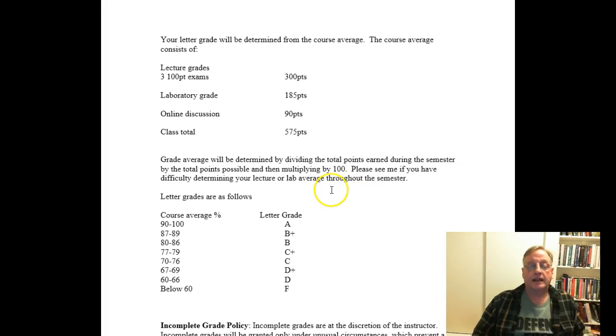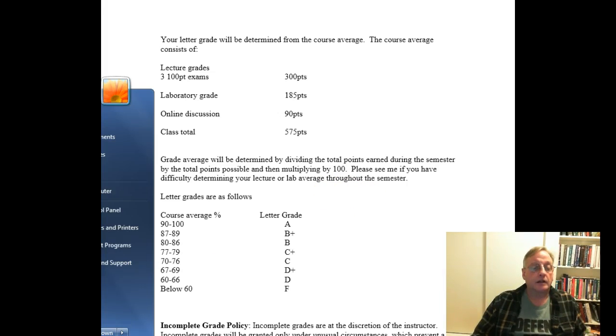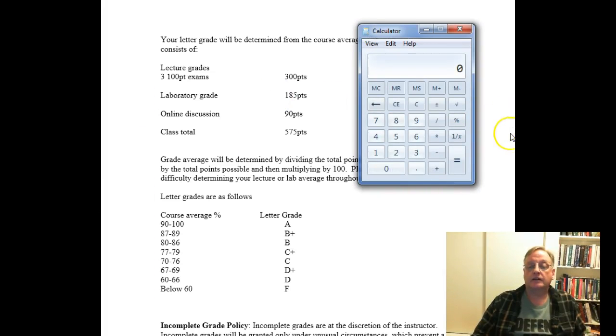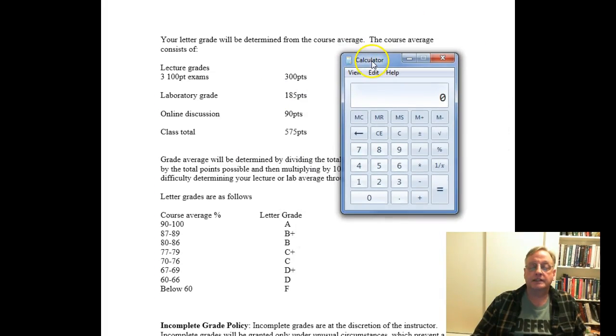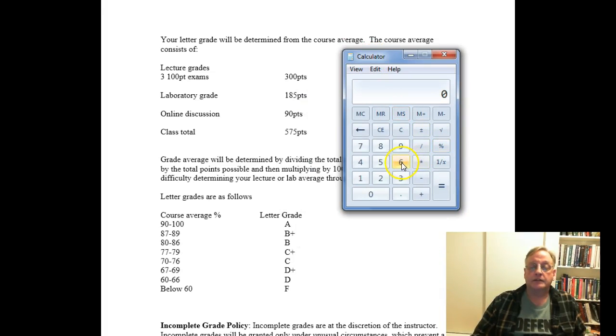To figure out your grade average at any time, you would bring up a calculator. Let's say you took the first exam and did the first set of labs, and out of that you had 120 points total, and then you would divide that by the number of points available, which would be 100 for the first exam, and let's say 35, sorry, 135 available points to date.